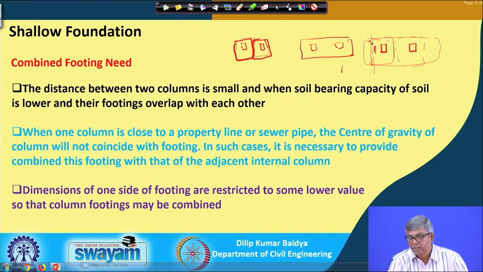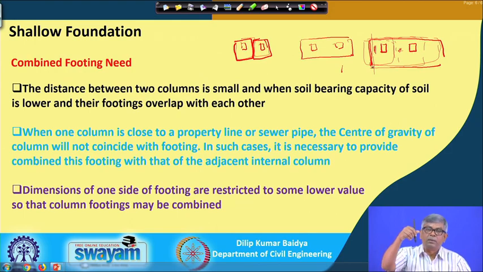If I connect from here to here, then this side will be a little longer. So, the Cg of the loads and the Cg of the area should be common, so that the pressure below the footing will be uniform. If the center of gravity of the application of the load and the center of the area are the same, then the pressure below the footing is supposed to be uniform, and that is our requirement.